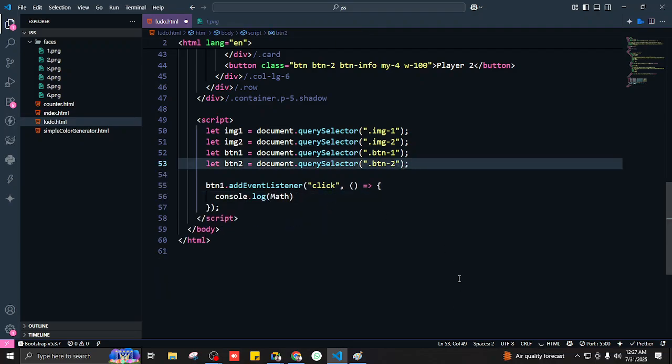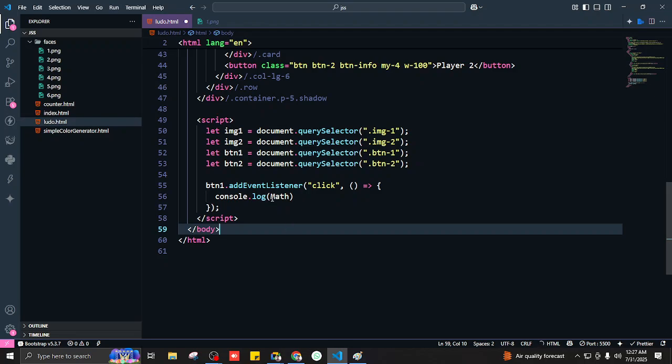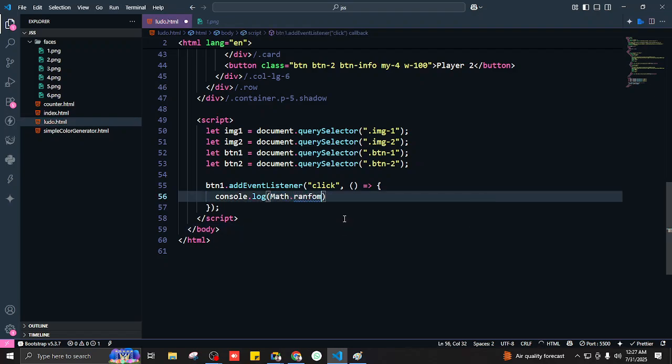And math has a lot of functions related to maths. We have cosines, we have tangents, we have floor, we have ceil, we have round off, a lot of stuff. Every math function that you can think of, we have in the math library. But what we want from the math library is a function that's called random. The random function is already built into the math library that is already built into JavaScript. So I'm going to say math dot random. This is a function that is going to return a random value, but that random value is only going to be within a range of 0 to